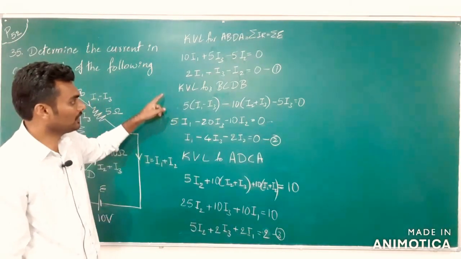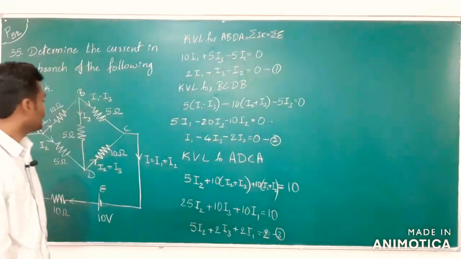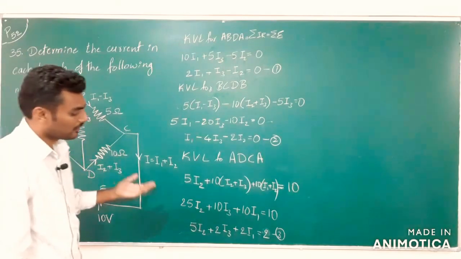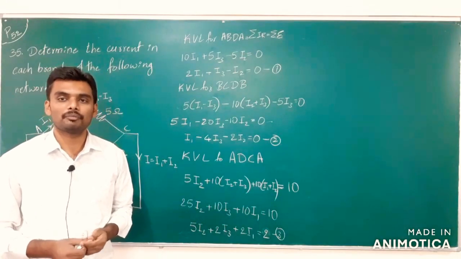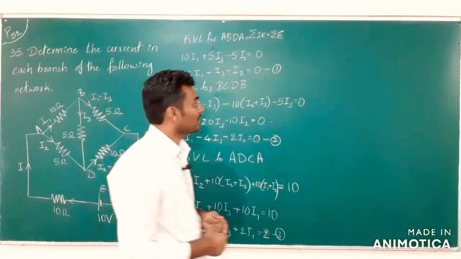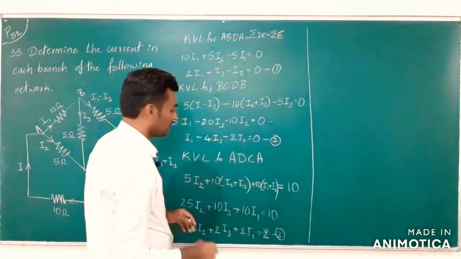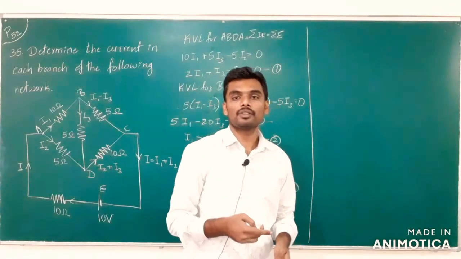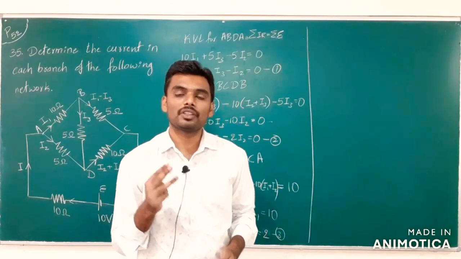So here we have three equations, equation 1, equation 2 and equation 3, which are taken by applying KVL to the three loops of the network. And now three equations, three variables. Yes, we can get the values of I1, I2, I3. But how? From this step onwards, it's all about your math skills, which will help you in getting the values of I1, I2, I3. If it were only two equations with two variables, it was easy, we could have done that. But now we have 3 equations with 3 variables.